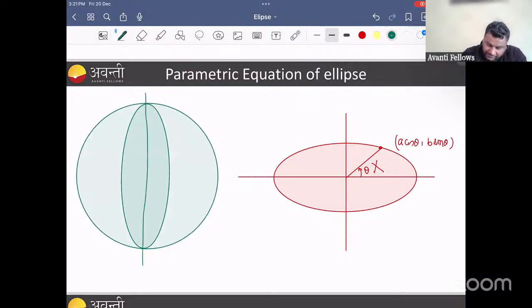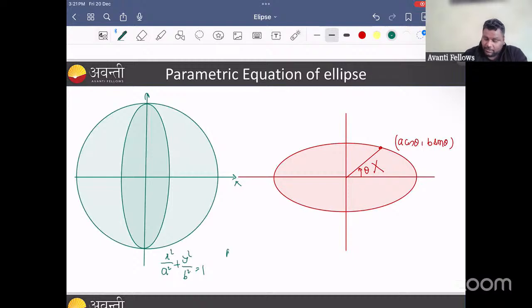This is the major axis, which is the y-axis. The minor axis is the x-axis. Now, if the ellipse is x square upon a square plus y square upon b square equals 1, then the equation of the auxiliary circle is going to be x square plus y square equals b square. Any point on this auxiliary circle can be taken as (b cos theta, b sin theta),